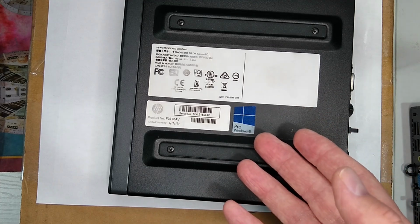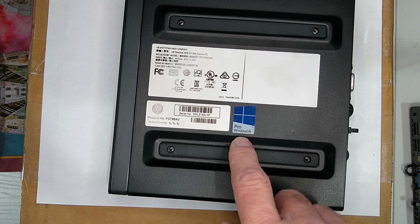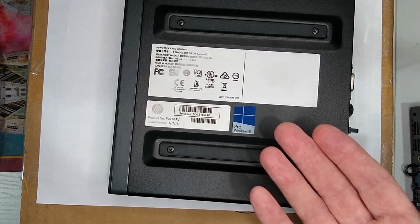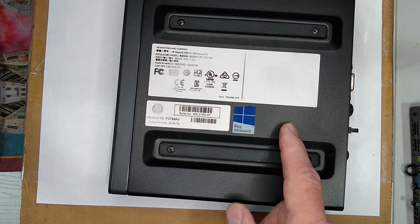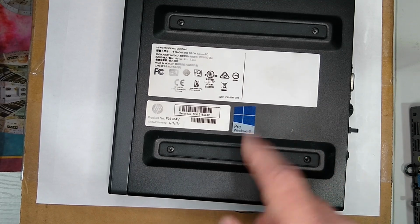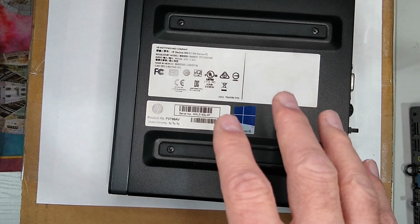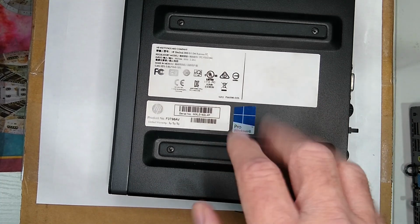Then you're going to end up with Windows 11 Pro, but you can't go to it directly. I guess if you have Windows 8, there just isn't that path to leapfrog right into Windows 11. You're always going to have to do Windows 10 first, then go to 11, which kind of tells you, again,